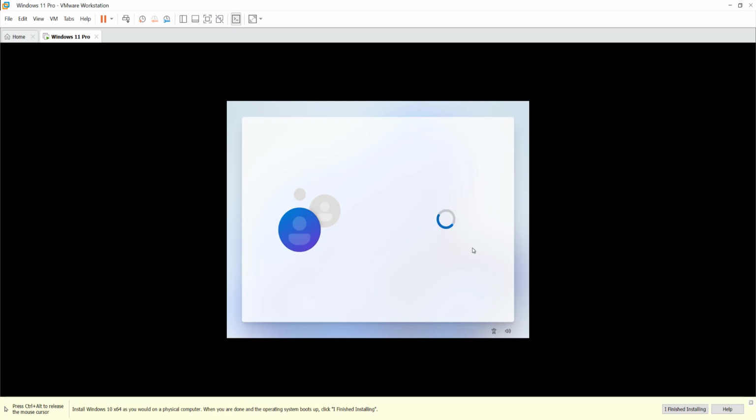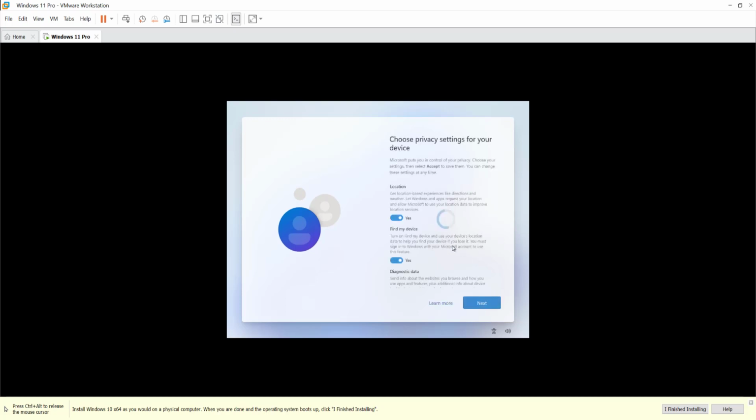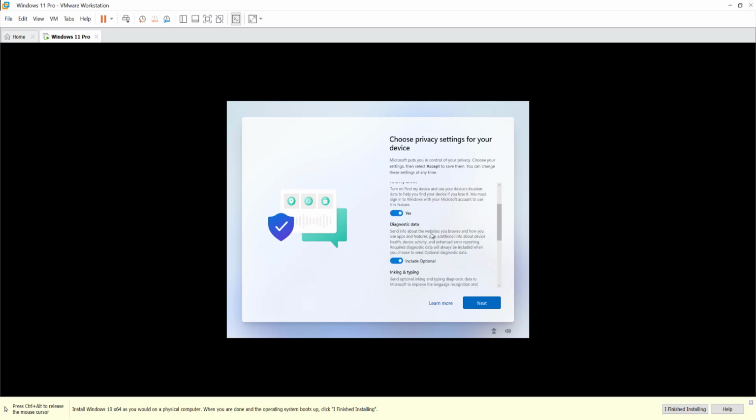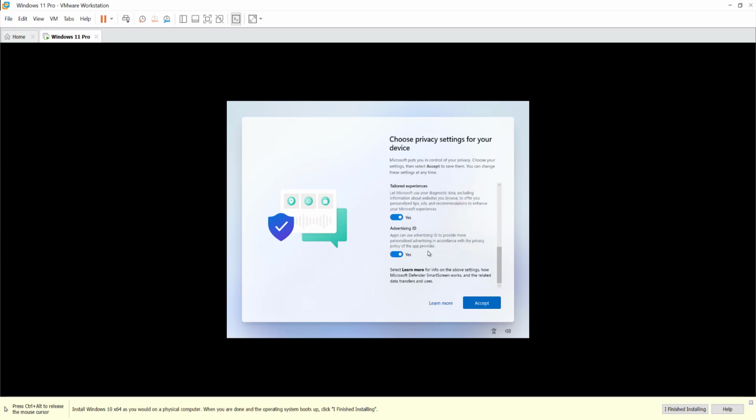Loading. Okay, choose privacy settings for your device. Location, okay, no problem. Find my device, yes, no problem. Diagnostic data, okay, no problem. So we will go with defaults, and as you can see, this look has changed,